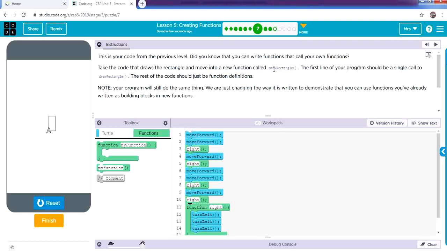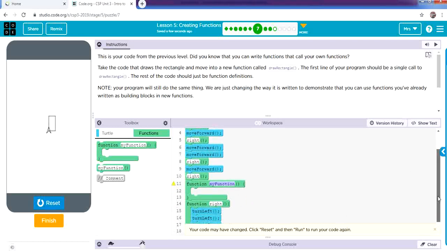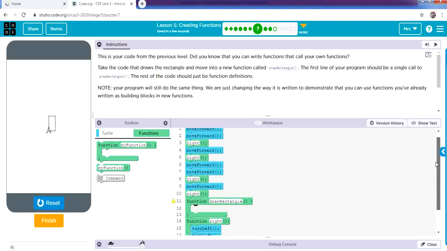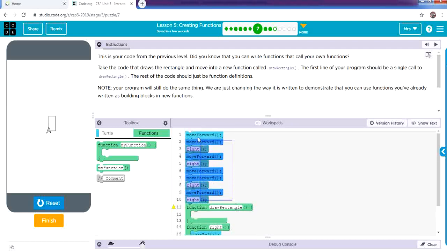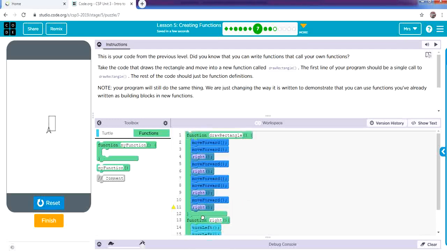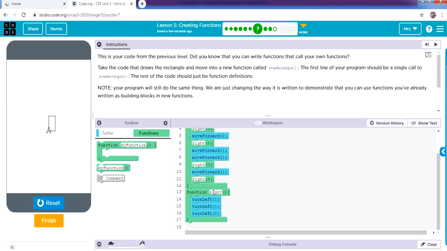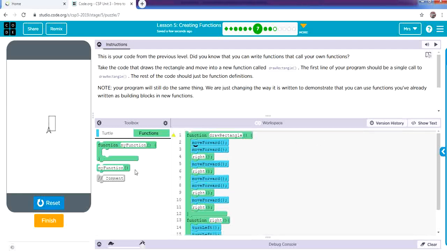First of all, we're going to create the draw rectangle function. So from functions, we're going to drag a declaration block, change its name to be draw rectangle. We're going to copy the name. Then inside draw rectangle, we're going to select the code we're having here and drag it inside draw rectangle. So inside the draw rectangle function, we're using a function which we already declared here, which is right, and we're going to call the function